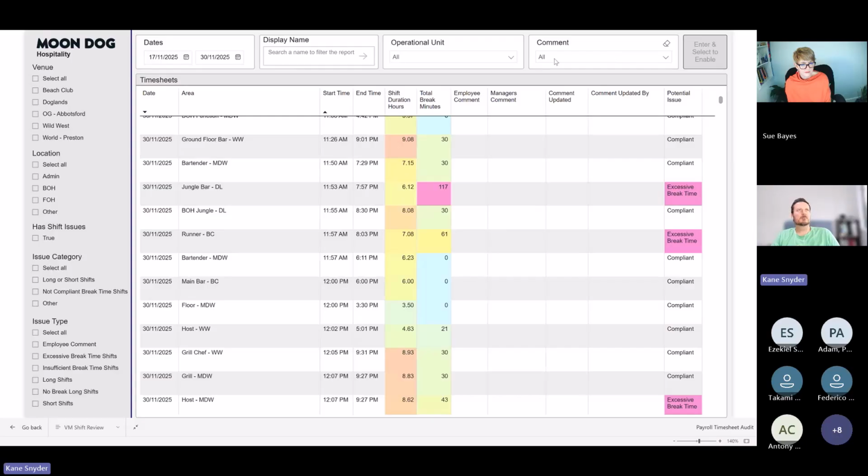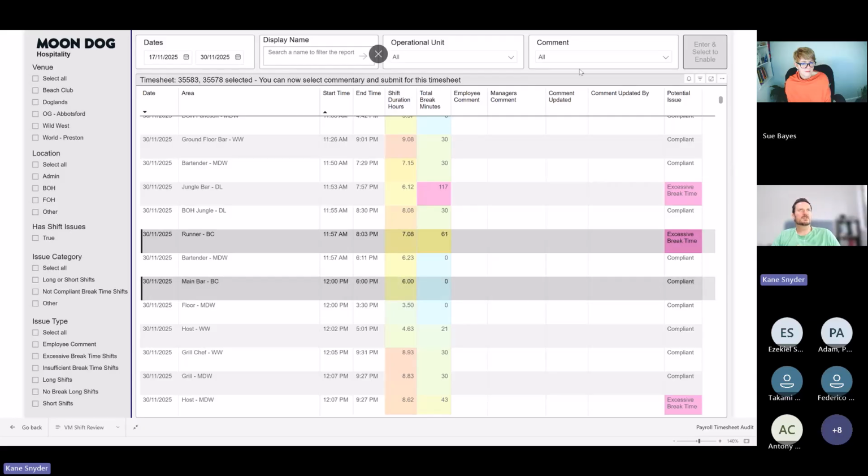And then it's got a user-defined function in the background for commentary. So you can have a preset comment again. You can select a field, or you can select multiple fields and select a comment. This was fixed, or this was a long shift that was approved, and then you hit comment and it writes it to a SQL DB and brings it back into the report.